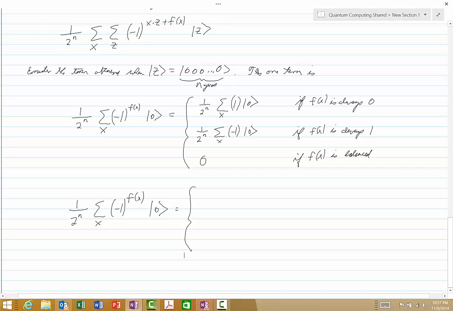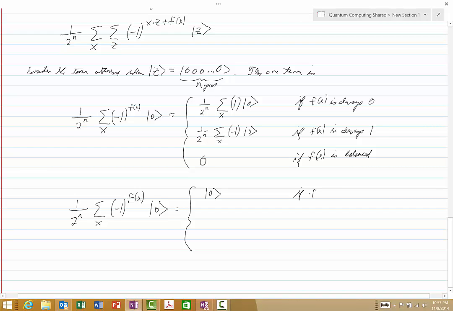Remember that here, this summation over x means that we're summing over all of the 2 to the n different values that x can assume. So we will have 2 to the n ones there, and when we sum up 1, 2 to the n times, what do we get? 2 to the n. And so this will be 2 to the n over 2 to the n, which is 1. So we will simply get 0